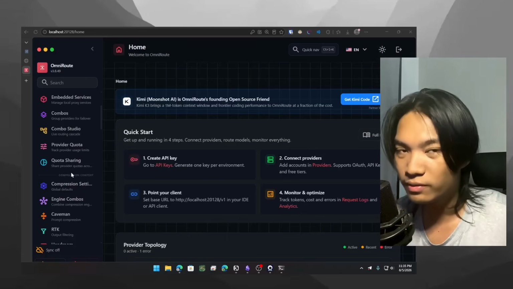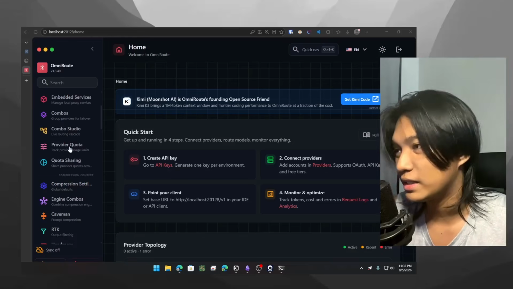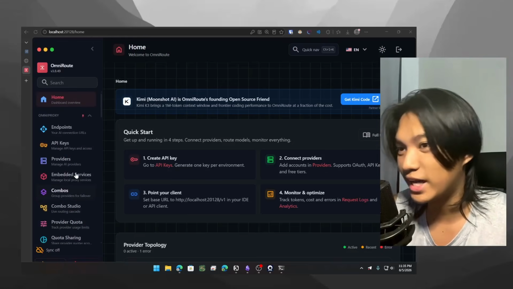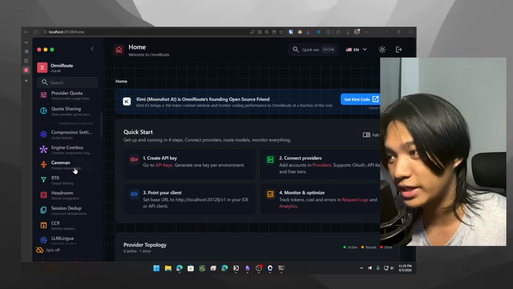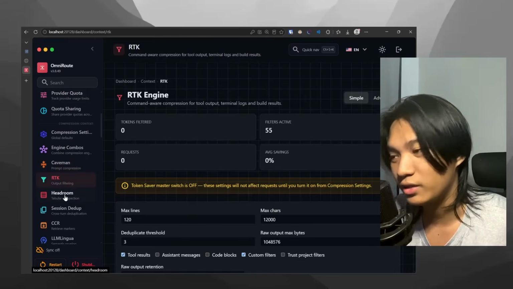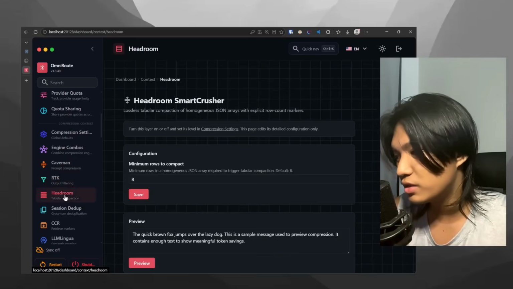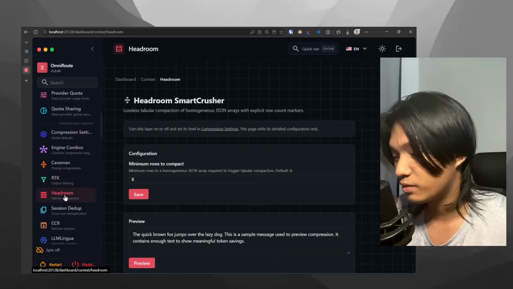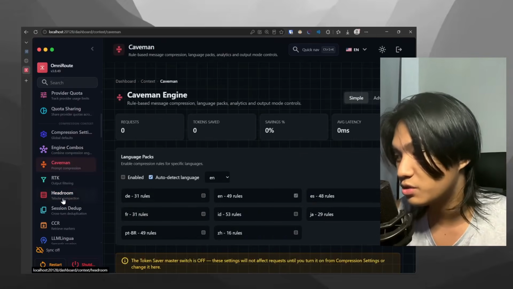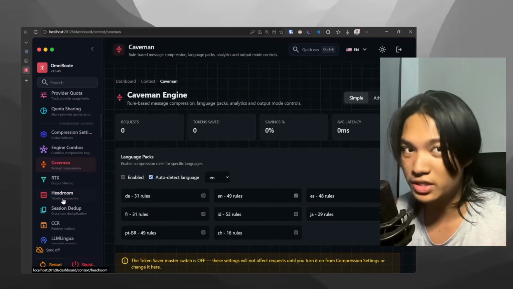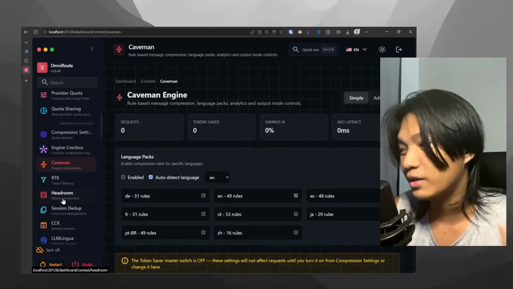Before we get started with anything, I'd like to remind you that you need to avoid these shiny things, for example Caveman, RTK, and also Headroom. If you want to try them, feel free, of course. You could do your own research, but these are just token saving techniques that I wouldn't even bother myself to do